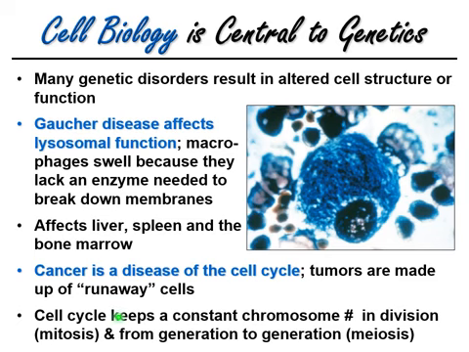And so the cell cycle is very important. The cell cycle keeps a constant chromosome number in the process of cellular division. So that division could be through mitotic cell division. So we talked about that. Mitotic cell division, that's going to be when your